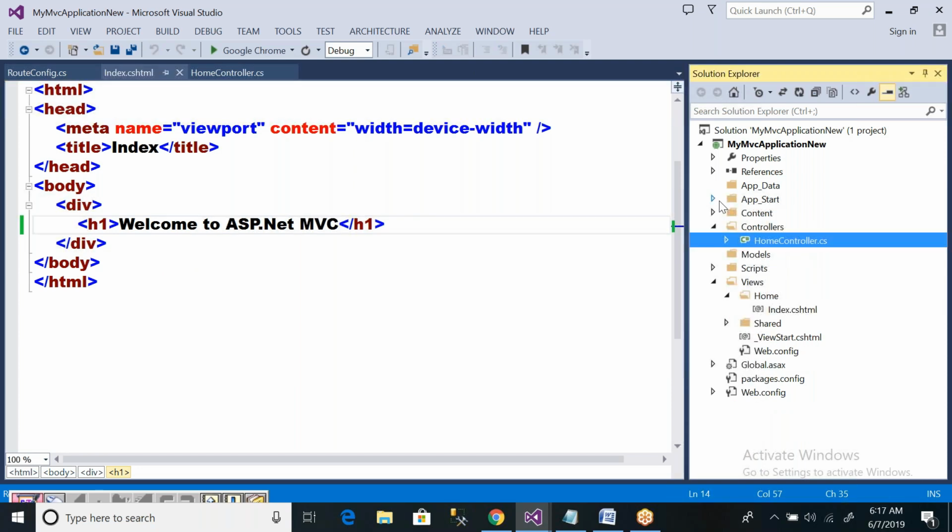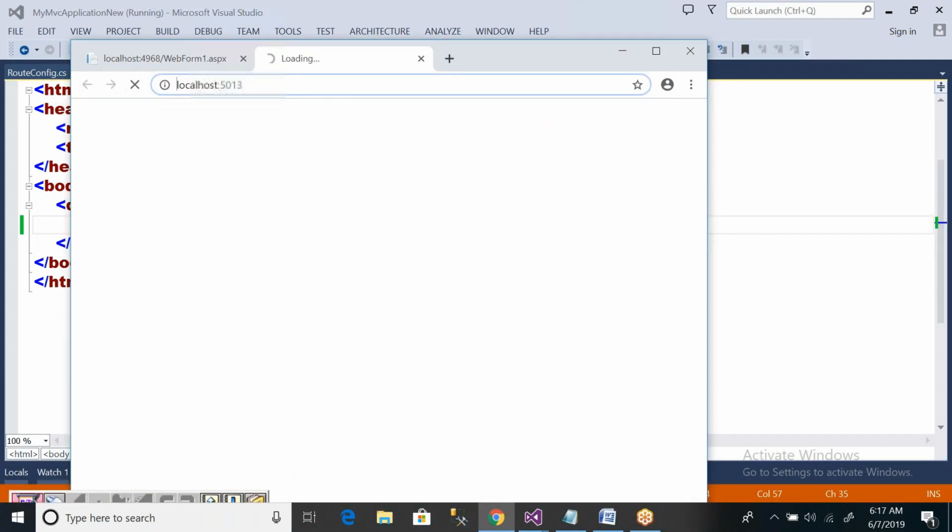Frankly, I'm telling you, that explanation is not required at present if you give these names. Now build the solution, otherwise there is unnecessary confusion. Build the solution and run the application. Then your MVC application will get executed. You can observe the URL.